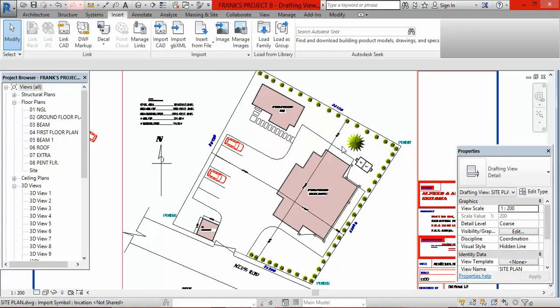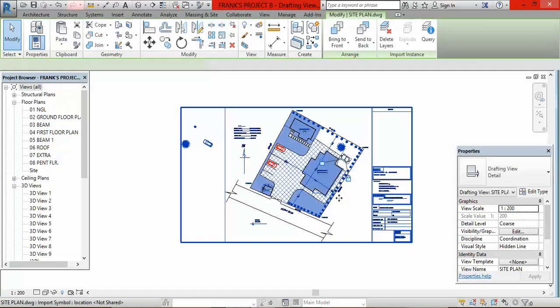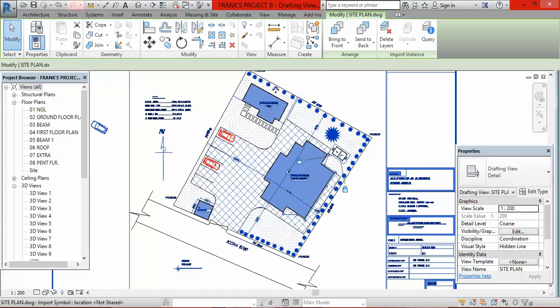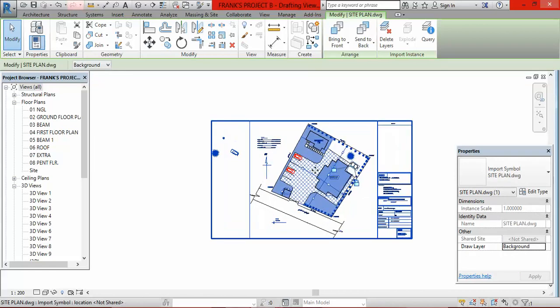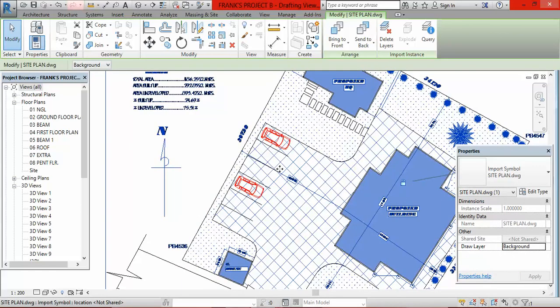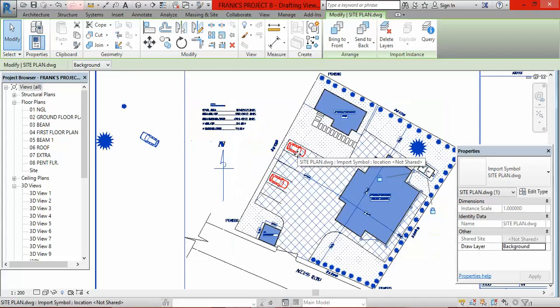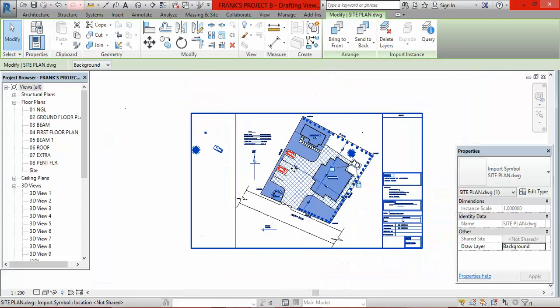If I highlight this and delete, you can see that these very trees you see along here will all go, including this one. But you can see as it is highlighted, this car is not highlighted, but this very car is highlighted, because this one was imported individually. So you have to also